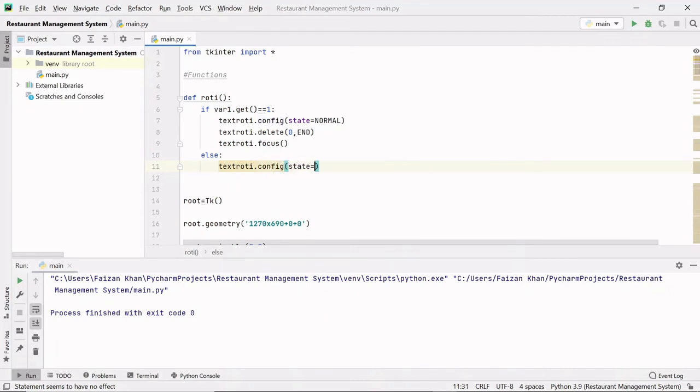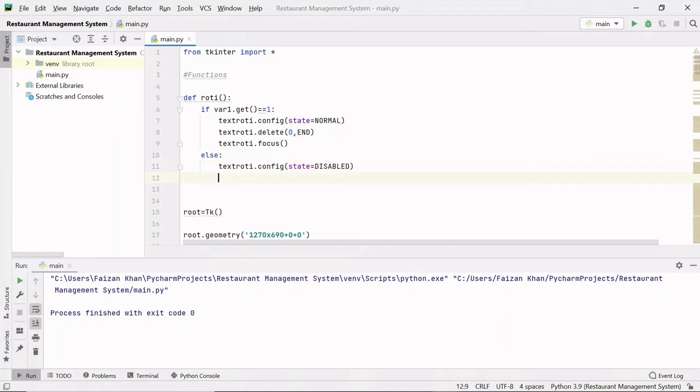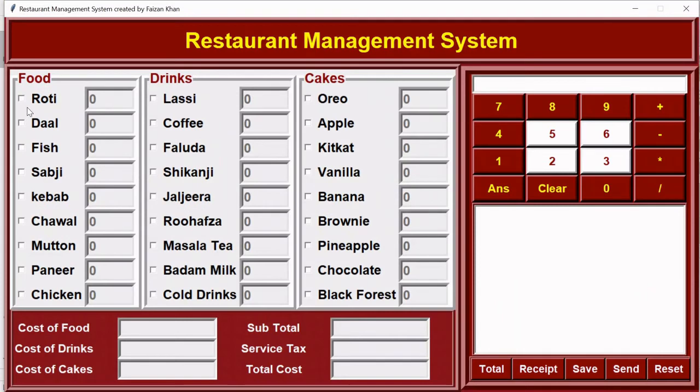So state equals to disabled, and also I will set 0 there. I am going to use eroti variable, which we use to insert anything to our text roti. So I'll use set method, and here I'll set 0. Let's see. If I check this, if I uncheck this, yeah, it's working fine.